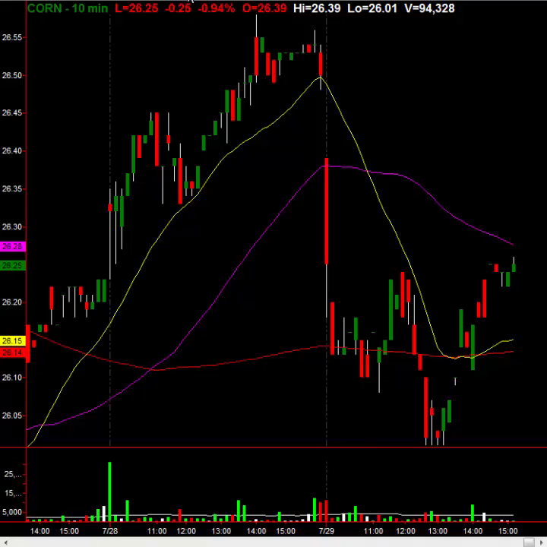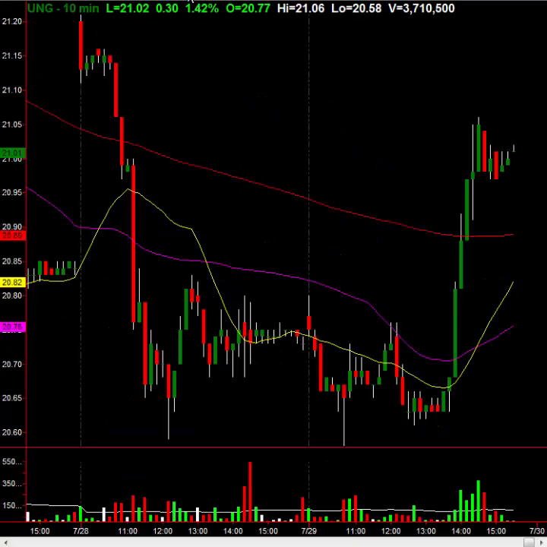Corn is down another 25 cents, although off its lows. Had a good rally yesterday, coming right back in today. UNG, which I am currently long, is up a nice 30 cents. We're in the money on this just a little bit, so another trade we're in the money on. And again, bottom line is, guys, you can profit if you know what you're doing.